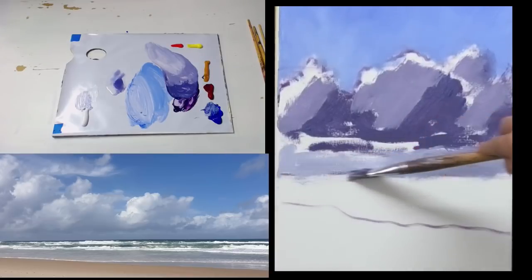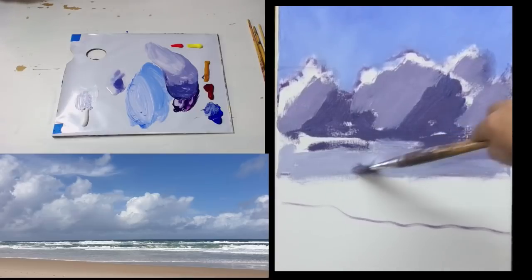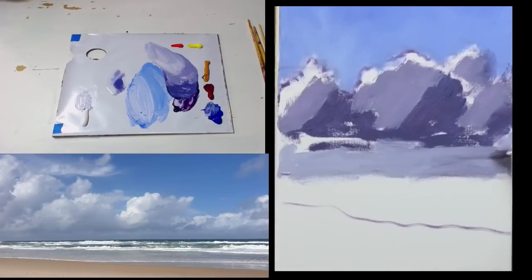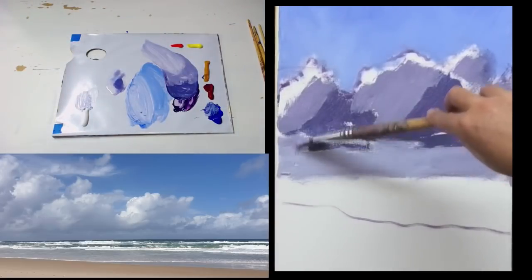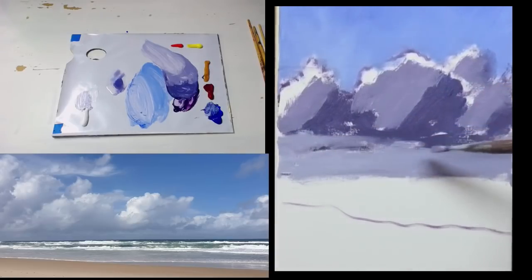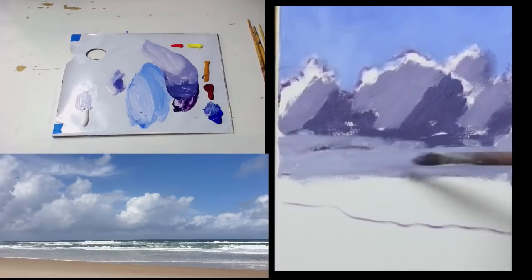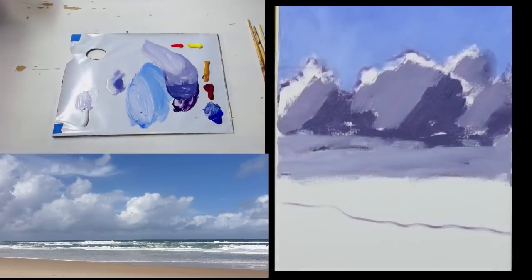Okay, so we just put that paint along the horizon, and then I'll just work it up to those darker patches. Now, of course, as I clip into that dark, it's going to pick up some dark on the brush, which is okay. I'll just move it around into different spots where I want it. And if I now dry this brush off, just pull some paint out of it with a paper towel, I can